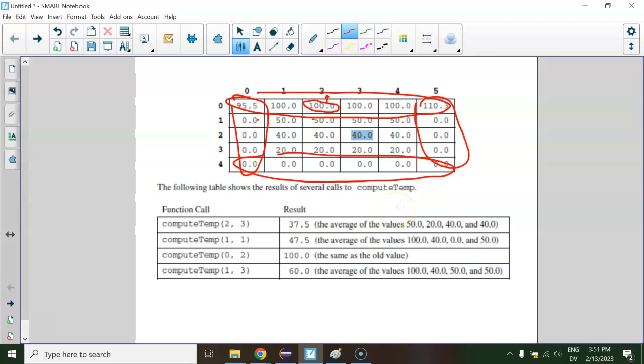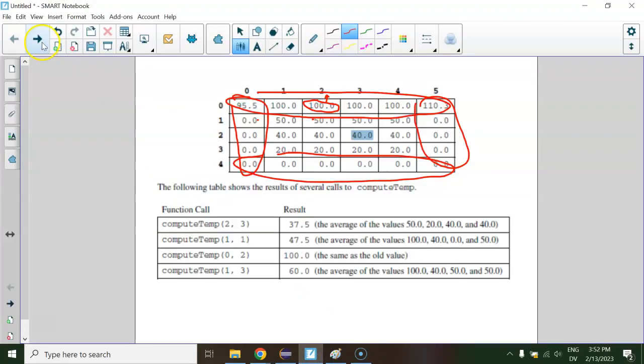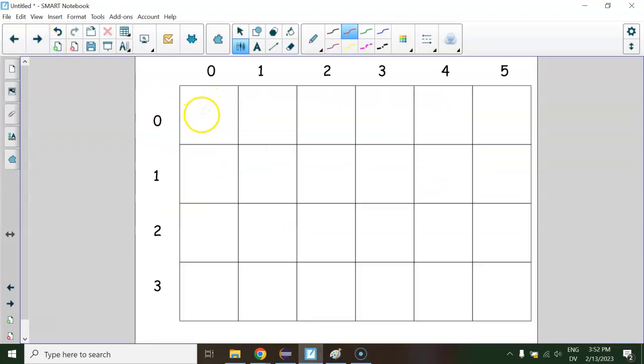value. Okay, so basically it's going to be an if, saying if you're on the edge, return the value that was already there in the row and column that's passed in. And then if it's not on the edge, then do the average of the 4 around it. Okay, so basically the first part is we have to do an if check to see if we're on the edge. Okay, and so that's a little bit tricky, but if we think here, basically if I'm on this edge